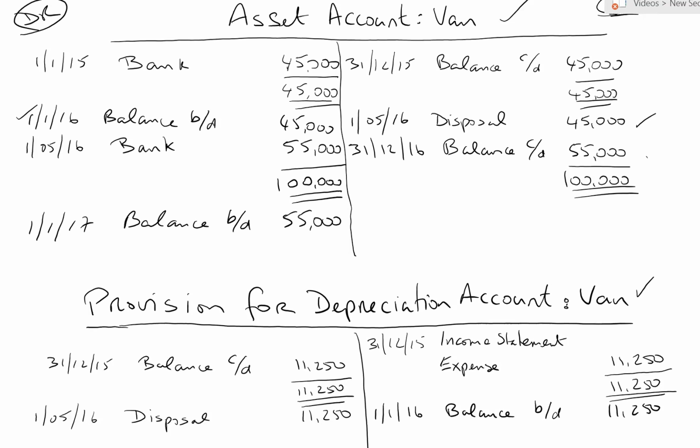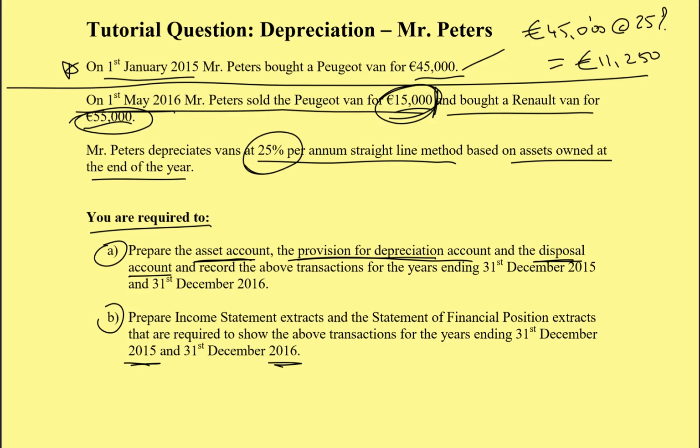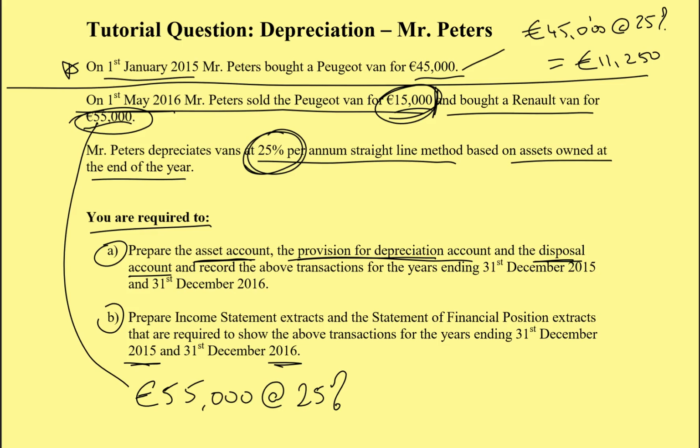Now, the last little thing I have to do here is the provision for depreciation for 2016. So I'm going to have then at the end of the year, 31st of the 12th, 2016, and this will be in the income statement, and it'll be an expense. What I might have to do here is go back and work out what the amount will be for the year. So back here we can see we have the new asset. I'll bring it down here, give it a bit of space. 55,000, and I'm depreciating it at 25% per annum. So at 25%, that will be equal to